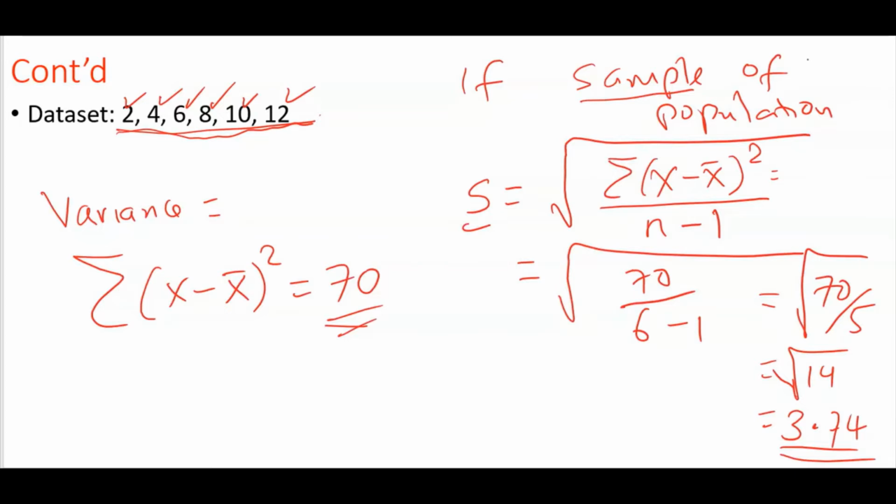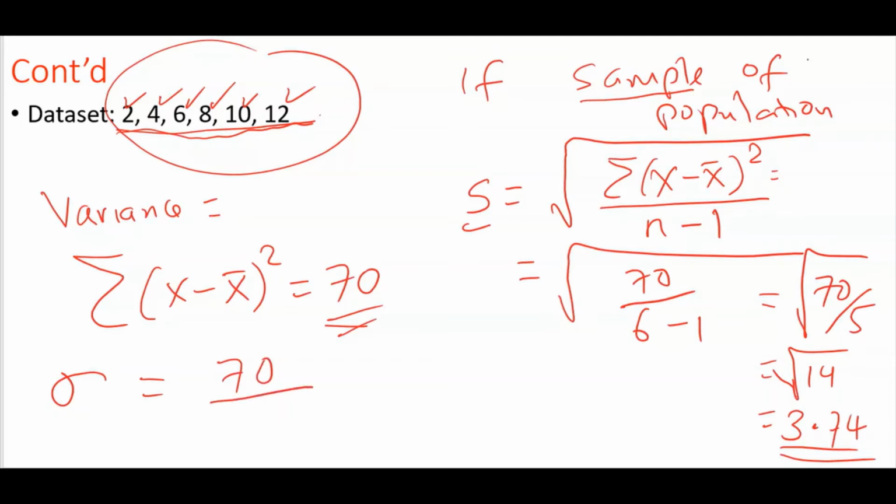The other thing to consider is if this data set here is the entire population. In that case, the standard deviation, which is denoted as sigma, is equal to the square root of 70 divided by n. In this case, just notice that we are not subtracting 1. It's just 70 divided by n. So 70 divided by n, which is 6, square rooted, will give me